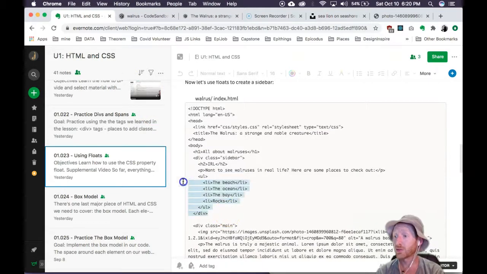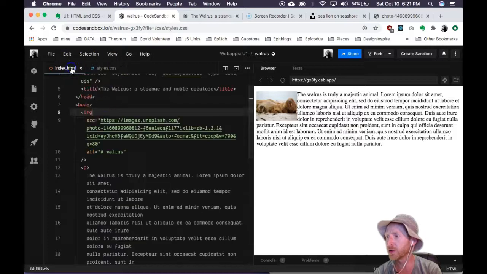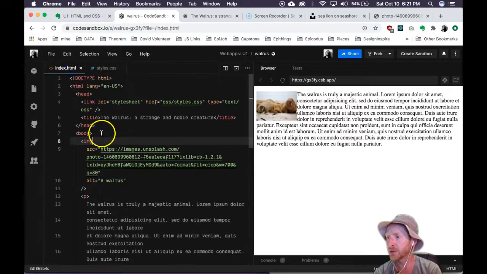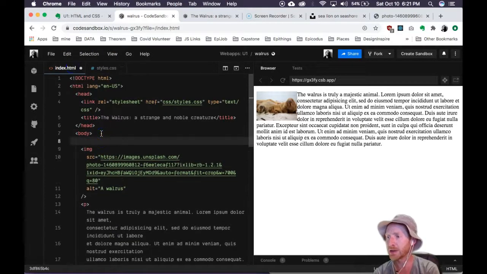All right, so we're going to add a little bit of content onto our website and make a sidebar, something that appears on the side of our website, kind of like what's going on here with our Unit 1 HTML. And we'll do it with this content. So going back to our code here in index, this is going to be at the top of the body,